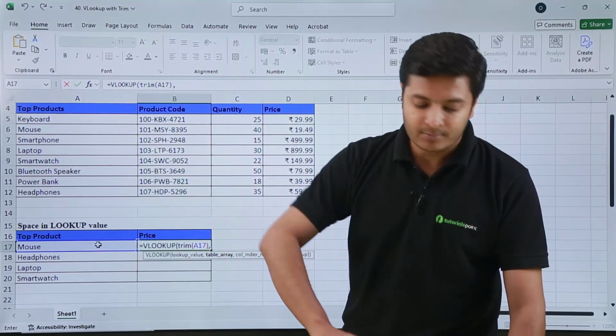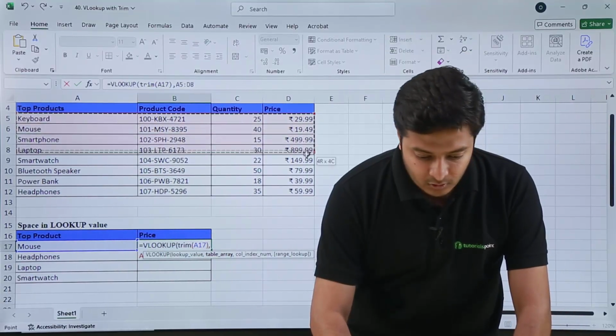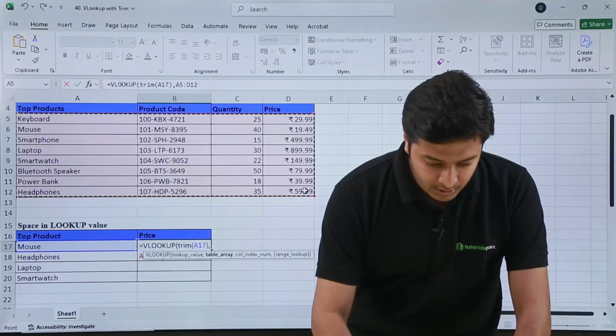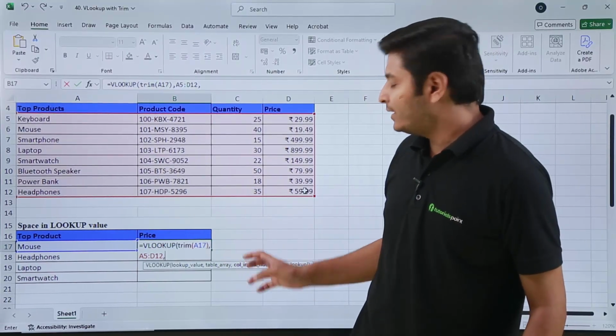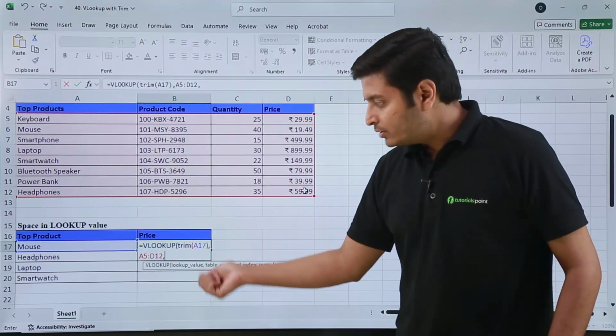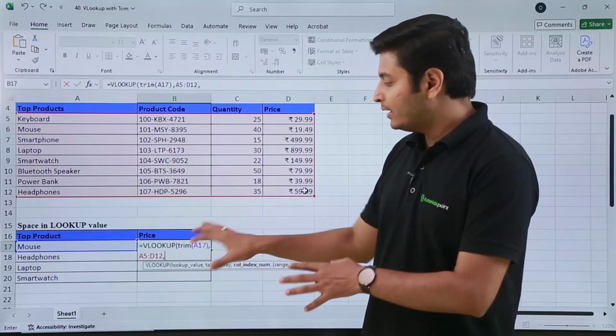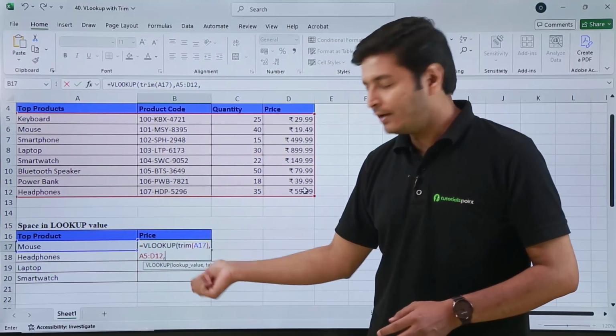Then I am asked to select my table array, which is this table over here. Then comma, it is asking me for the column index number. But before that, as I will drag down this formula after hitting enter to copy paste it in every other cell,